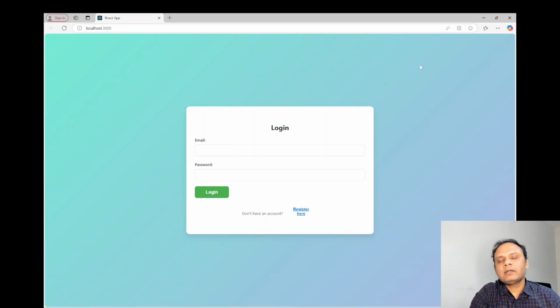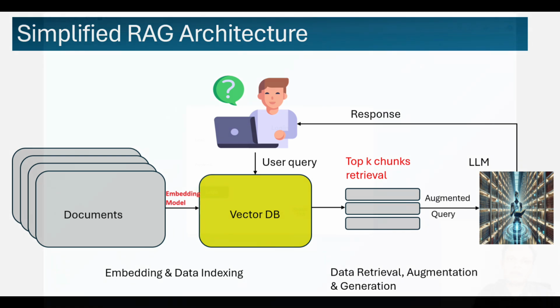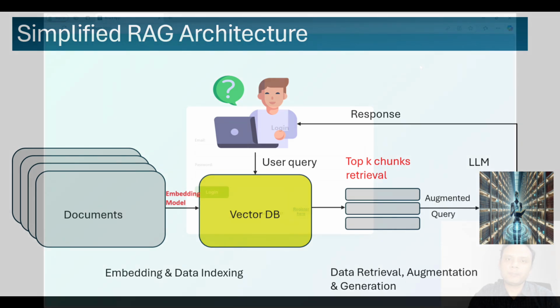So before I deep dive into the RAG implementation, I just want to recap the RAG architecture. In the RAG architecture, you have a document store where you get continuous updates from all different documents, or you add your documents into the document store, and there is an embedding model that converts those unstructured PDFs from the document store into multidimensional vectors, which finally get stored into the vector